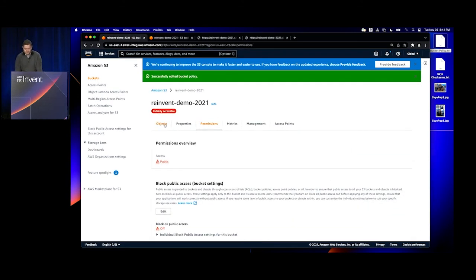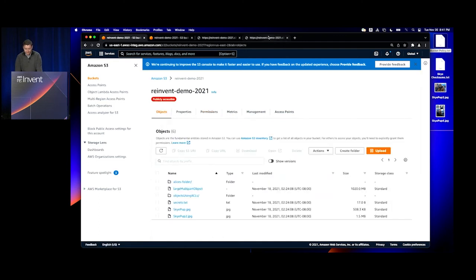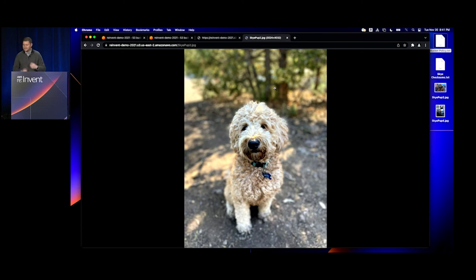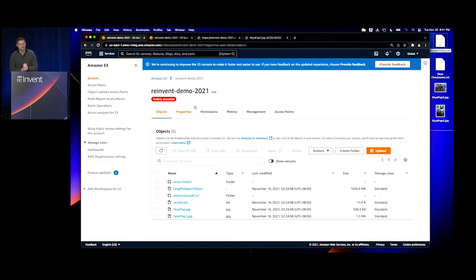Okay, so with those changes saved, if I go back to the photo of my dog and I refresh it, we can see that I've now given correct access. Okay, so great. The last thing that I want to demonstrate today is the new checksum capabilities that are coming